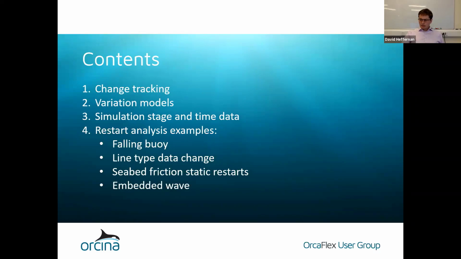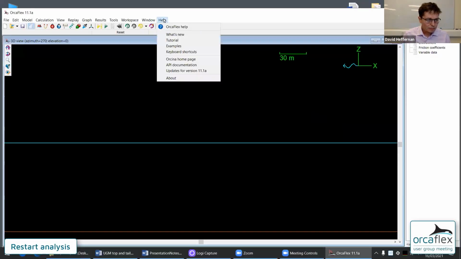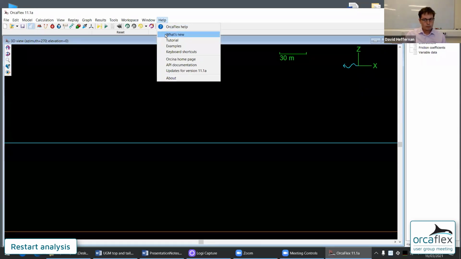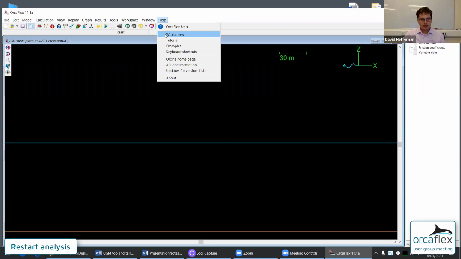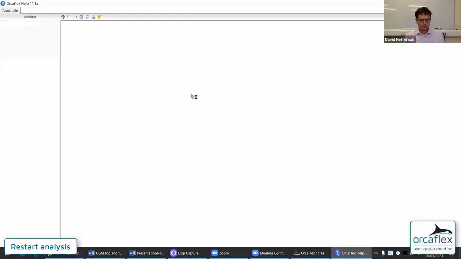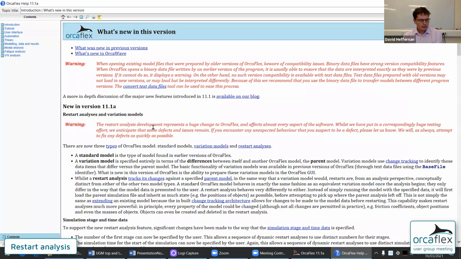Now, I need to reorganize my windows here a little bit. Okay, now I'm going to just point out in OrcaFlex itself the What's New topic in the help file. This is your starting point whenever you get a new version of OrcaFlex.